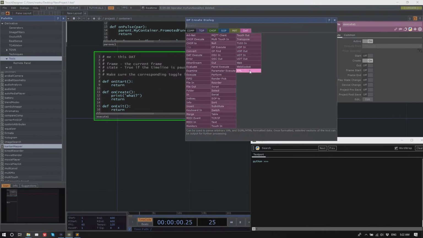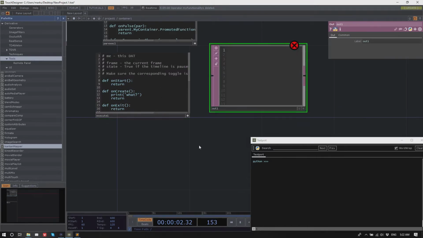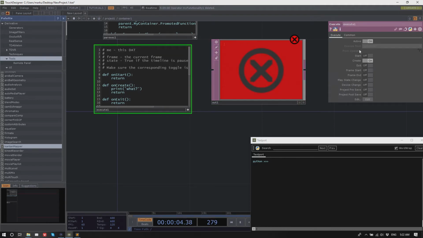I have no clue. I have to look that up. Maybe on the start, or if a project is created. Or it could be, I don't know, if you inside clone and you replicate that clone, then it's created. No, there's no execute for that.